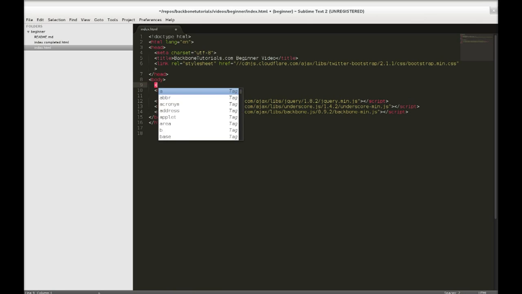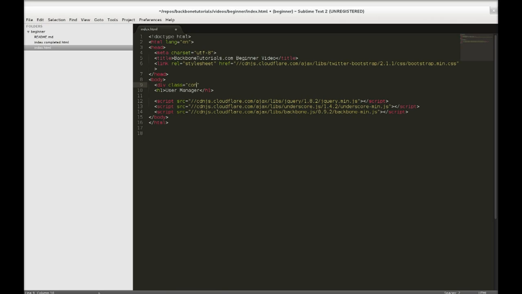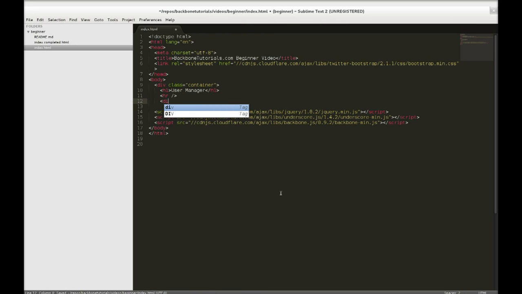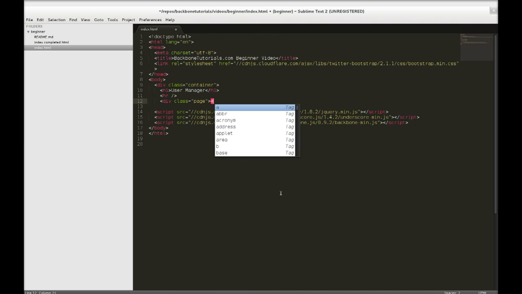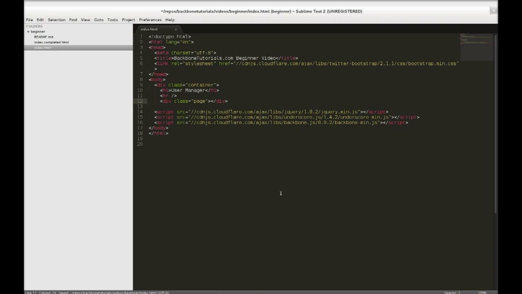Twitter Bootstrap actually gives us a class called container, which simply creates a 960 pixel div that's centered automatically, and we can put our page inside of it. We're just going to put an HR for aesthetics, and we're going to create a div with a class called page, which is going to be the container for our user list and our user forms. So if we just close that off